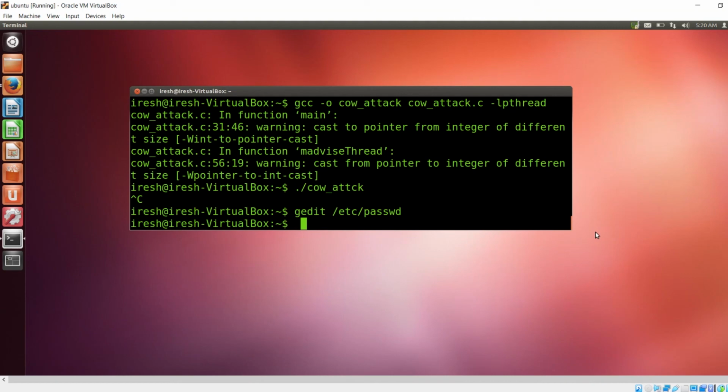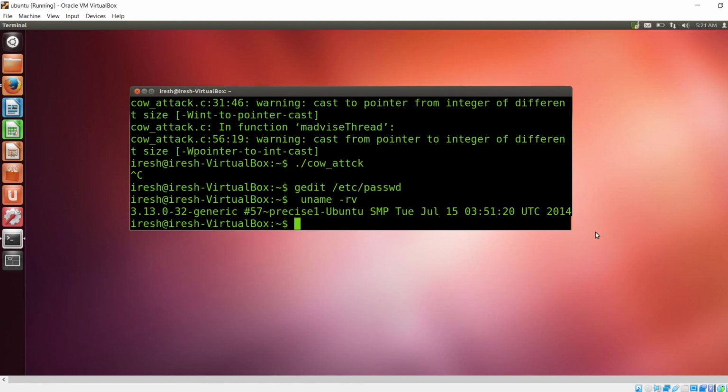First, we have to check for the vulnerability to find out if your server is affected by this attack, and then we can check the kernel version using this command: uname -rv, and see the version. Then we can fix the vulnerability by updating your system and rebooting your server